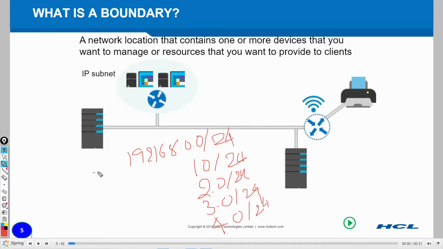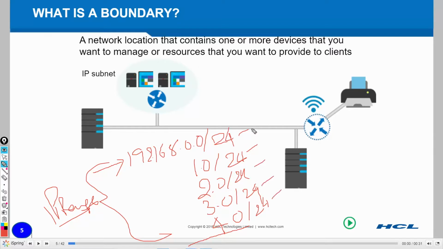Starting with this IP address till 192.168.4.255, that will be my IP range. Or I can add five subnets, so I can create five boundaries: one boundary for each.